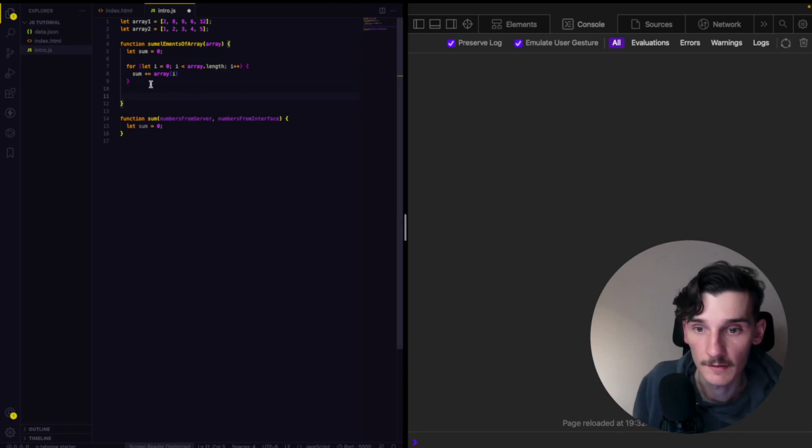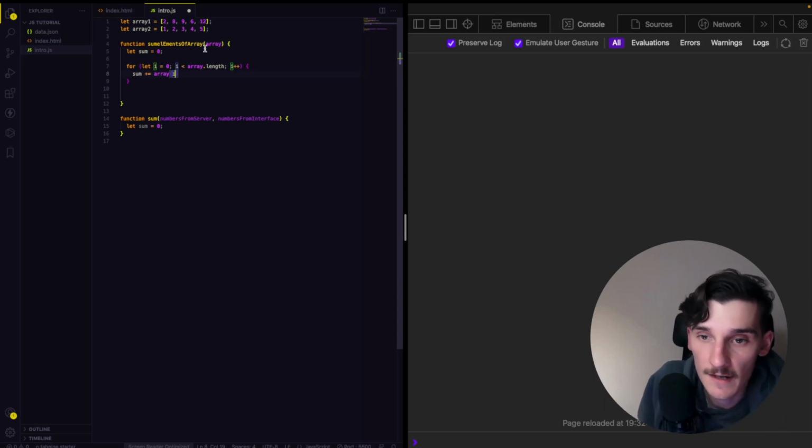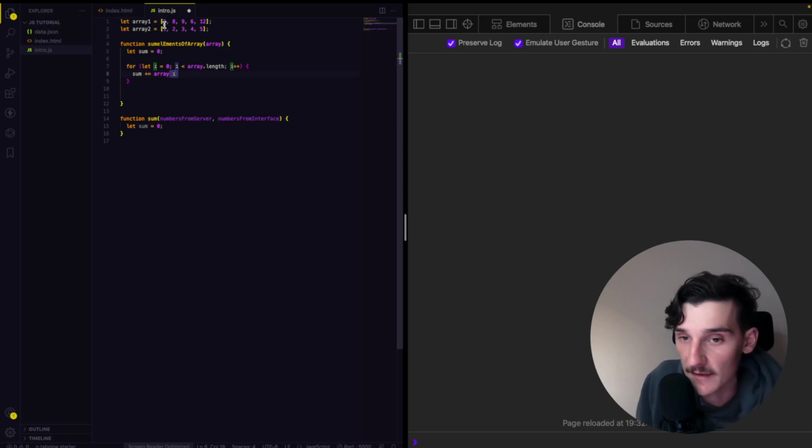Okay, so sum is equal to sum plus this i element of an array. So it goes like that. Sum is at the beginning 0. I go through the entire array. We pass array1. We are at the first element 0, so I just recall that the first element in the array has an index of 0. So I go through i equal to 0, and there is the sum equal to